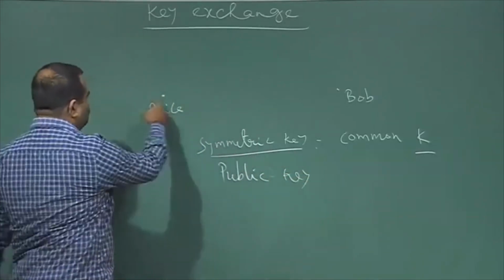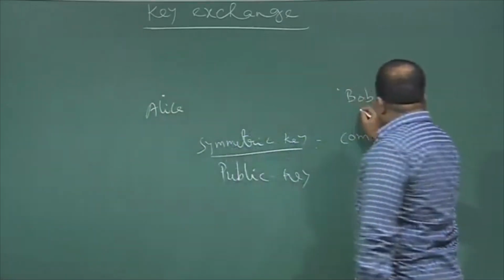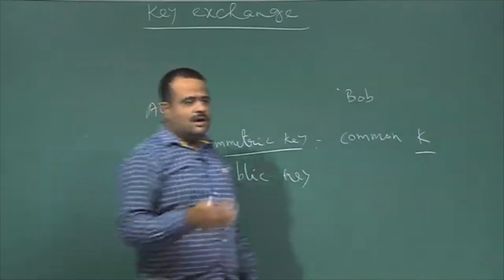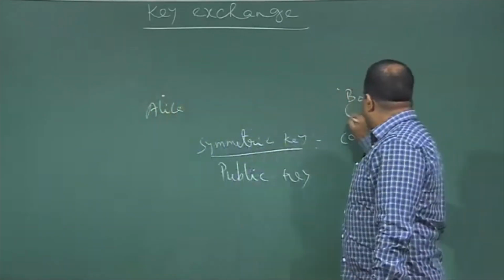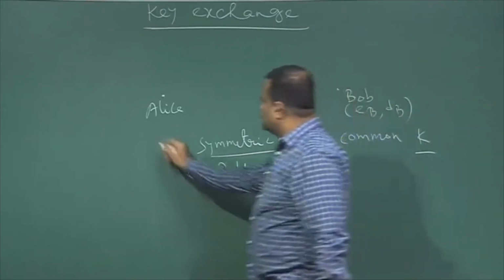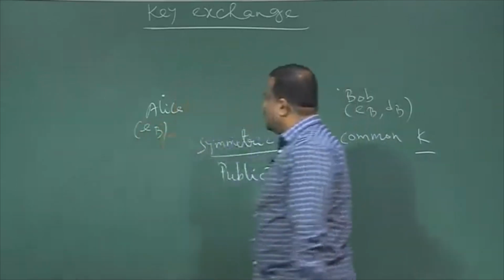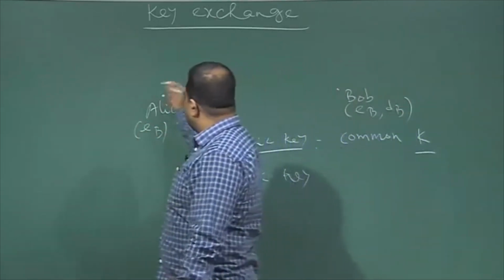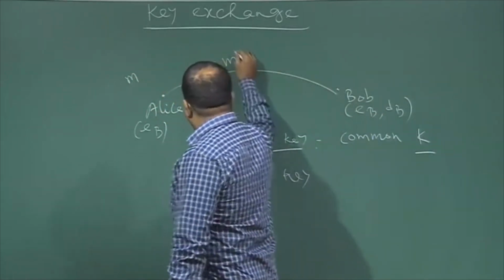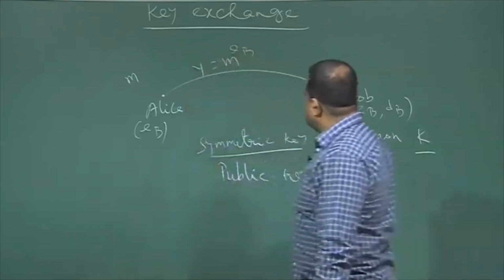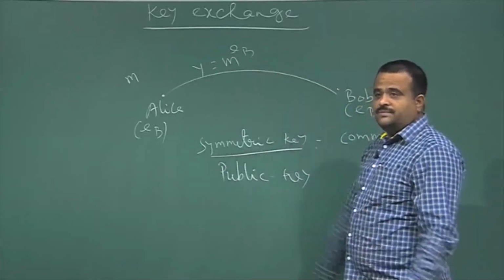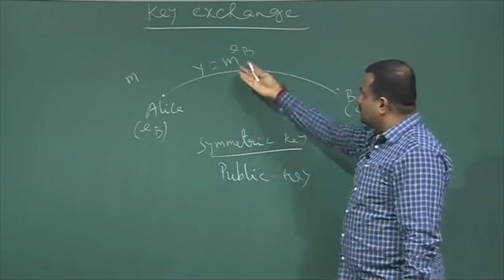If Alice wants to send a message to Bob, then Bob has to run the key generation algorithm in order to generate Bob's public key, private key pair. Then Alice has to know Bob's public key, and then Alice will encrypt. If it is RSA, Alice will choose a message, encrypt it with E_B and send it to Bob. But we know for RSA or any other, even elliptic curve,